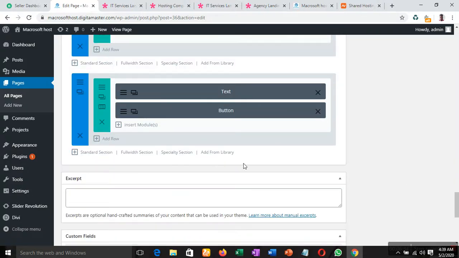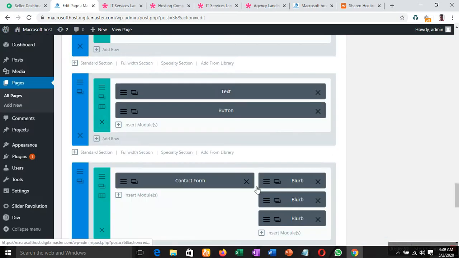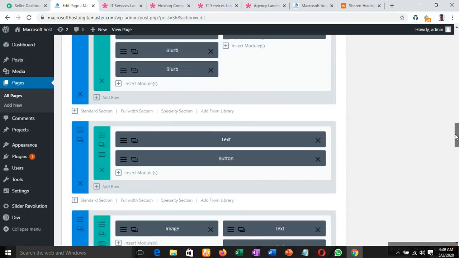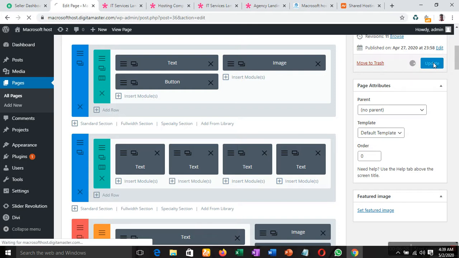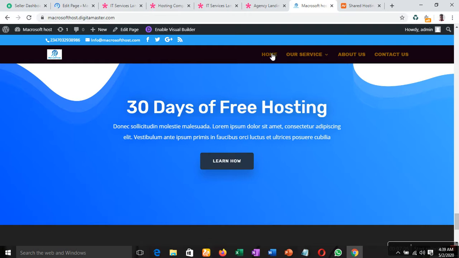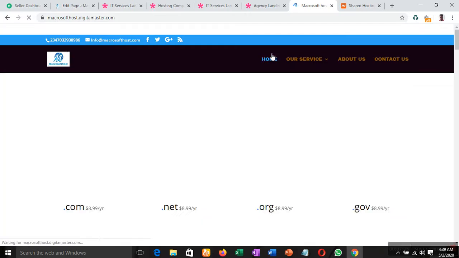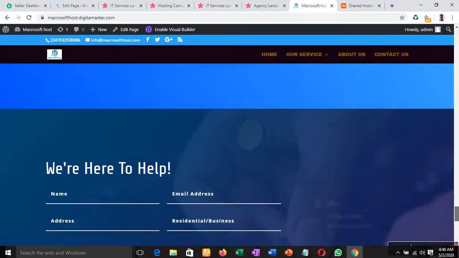So I will just add from library, and I click on Akinola and click on update. Let me refresh my page now. Can you see now?